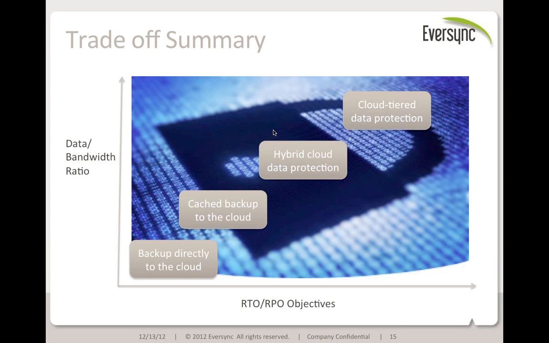If your data is higher relative to your bandwidth, so if you've got more data and more stringent requirements for how long it can take to back up and recover that data, then you can move to a cache or hybrid solution. If you have recovery point objectives, then a cache solution is risky because there's no guarantee that you'll actually be able to recover unless your cache has been very properly sized and tuned. Whereas a hybrid cloud solution gives you a much better guarantee of recovery time and recovery point objectives and can handle more data.